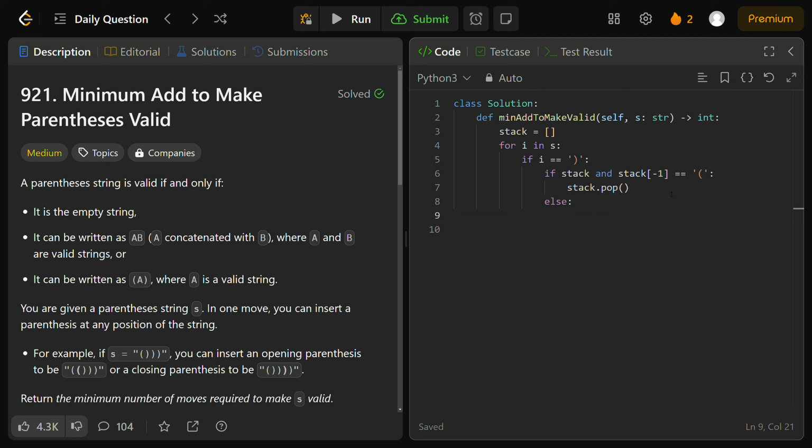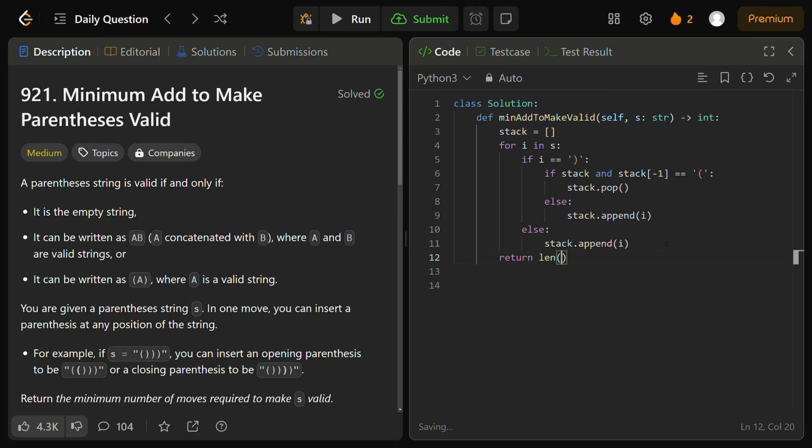Otherwise, if it's a closing parenthesis and this does not evaluate to be true, then we know that this is going to be one more closing parenthesis that is not part of a valid grouping, and so we'd add that to our stack as one more imbalanced parenthesis, right? And of course, if the current element i in this iteration is not even a closing parenthesis, we can immediately add that to our stack as an opening parenthesis that still has to be closed. So it's still imbalanced until it finds a companion closing parenthesis right after it to form a valid grouping. And ultimately, outside of this for loop, we just have to return the length of the stack,